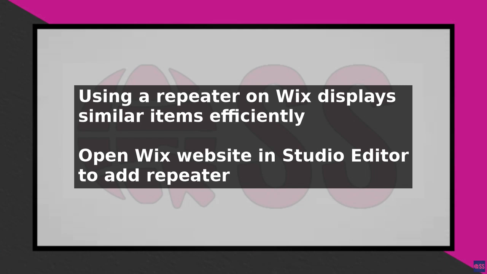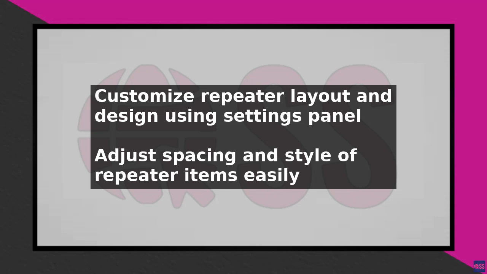bar. From the Add panel, select Repeater and choose the type of repeater you want to use, such as a grid or a list. Once you have added the repeater to your page, you can customize its layout and design by using the Settings panel. Here you can adjust the spacing, padding, and margins of the repeater, as well as the style of the items it contains. You can also add filters and sorting options to make it easier for your visitors to find what